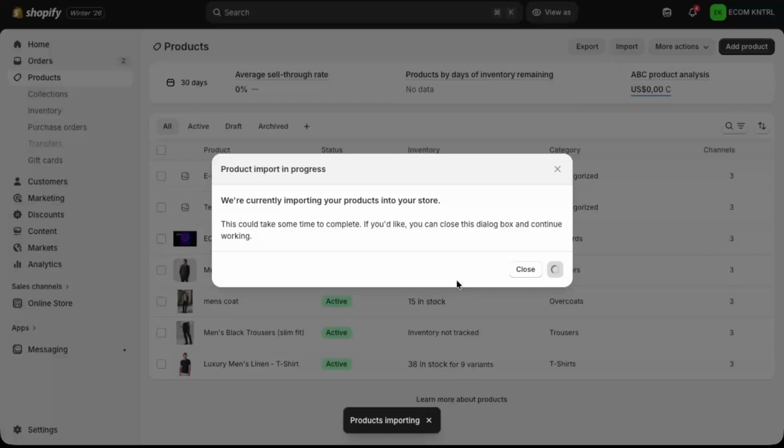Shopify will then start processing the file and create or update products based on the data in your CSV. After the import completes, refresh your products page to review the new or updated items and make sure everything appears